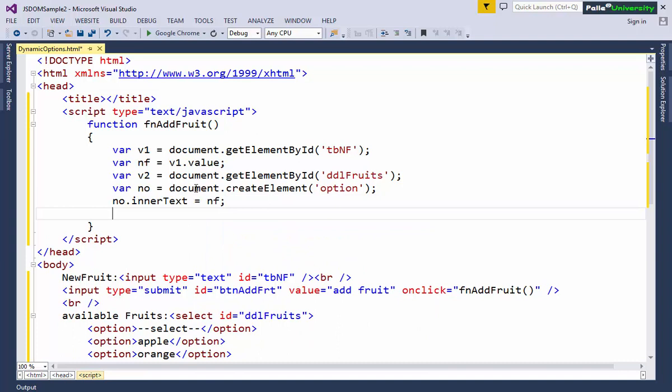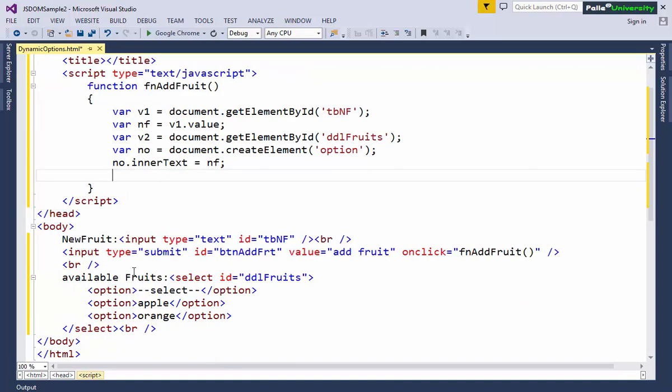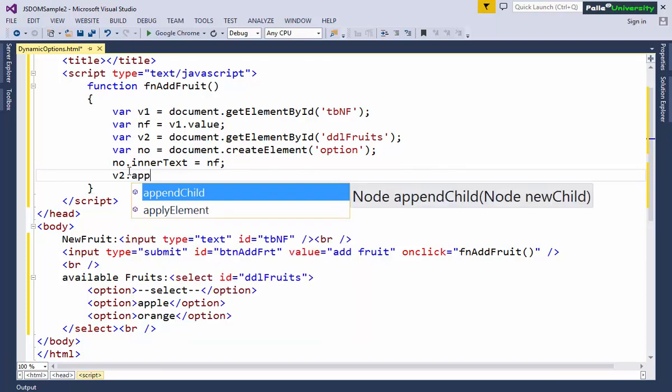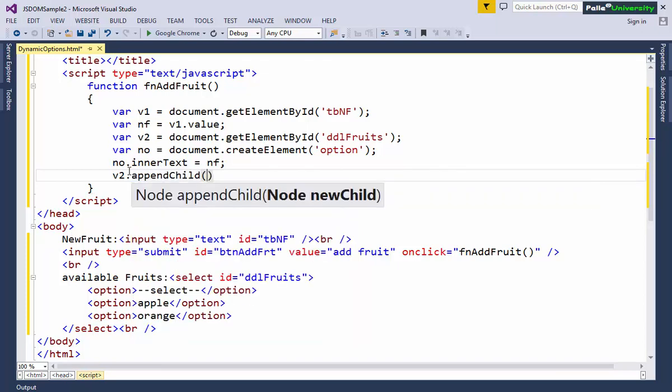After this the newly created node must be added to the existing drop down list, or to this drop down list we need to add the newly created option. To achieve this we must write v2 dot, there is a predefined function called appendChild. Into that appendChild you have to pass no. That's all.